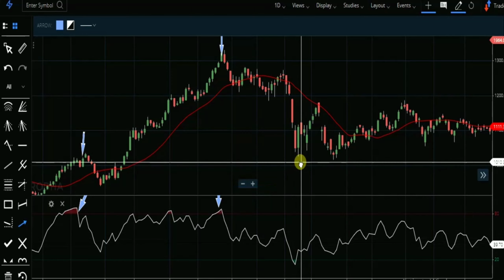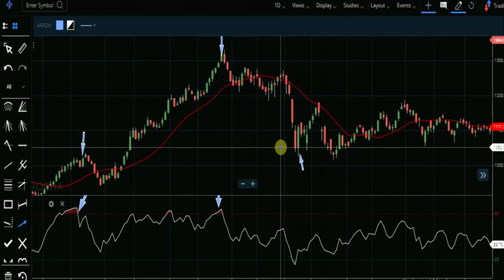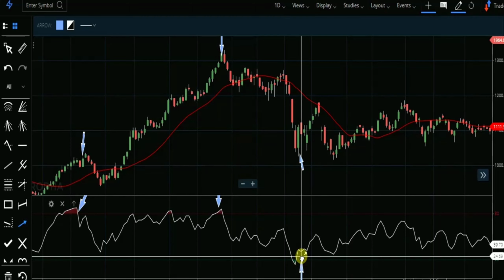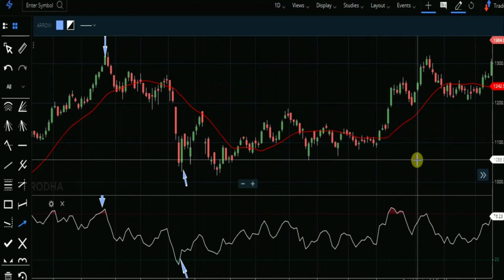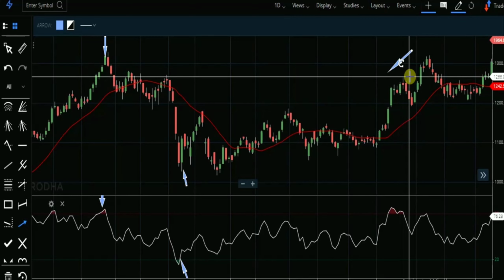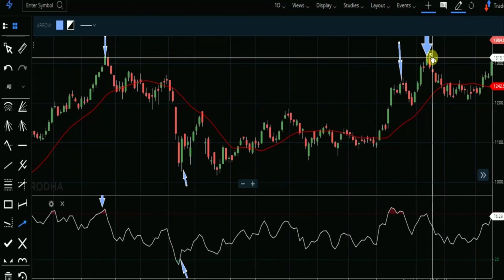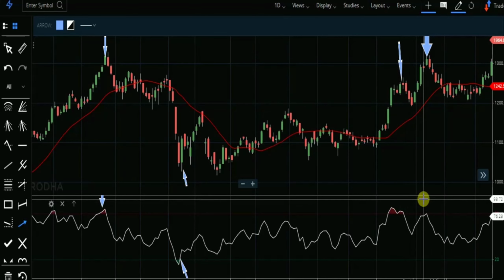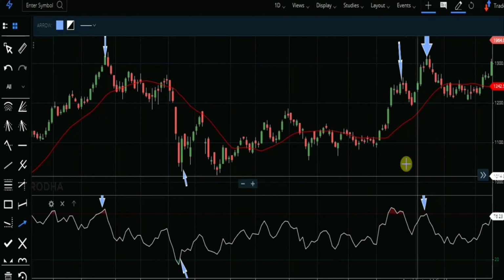Here also you can see RSI went below the 20 zone, which is an oversold zone. So there was a quick wave which turned upside as soon as the RSI touched the 20 zone. There is another example here in the stocks where you can see RSI went above, so correction happened and price came down. So it went to the overbought zone where people tend to book profits or sell their stocks. You can see RSI is above 80.